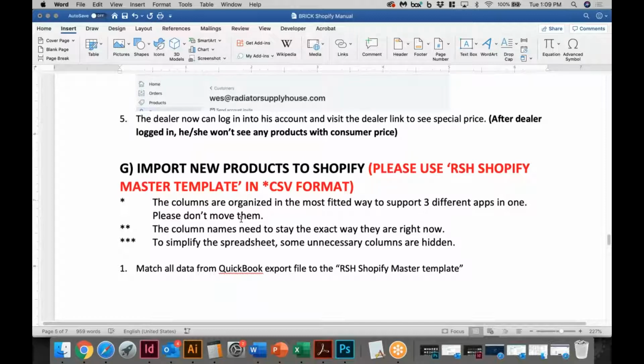The second one is the Advanced Shipping Manager, and that is for UPS shipping. And the last one is the XPO freight shipping, and that is for freight shipping. So those are the three apps involved for you to import a new product. And I was able to combine every single column that you need into one master file, which is the one you're opening right now. The second note is all the names in there are the first round,